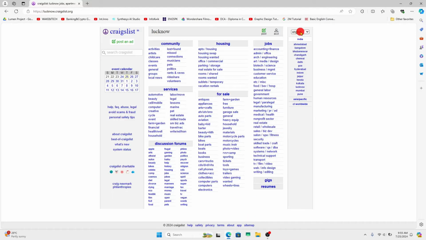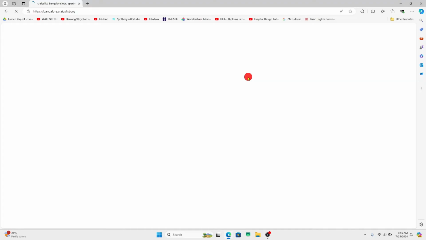If you see underneath the language drop-down menu, you will be able to find the different locations that are available. If you don't find your location immediately, you can click on the CL Worldwide option, and from here you can choose your continent, and following this you can also choose your country specifically. Just click on the country that you wish to set to and you will be taken into the specific website